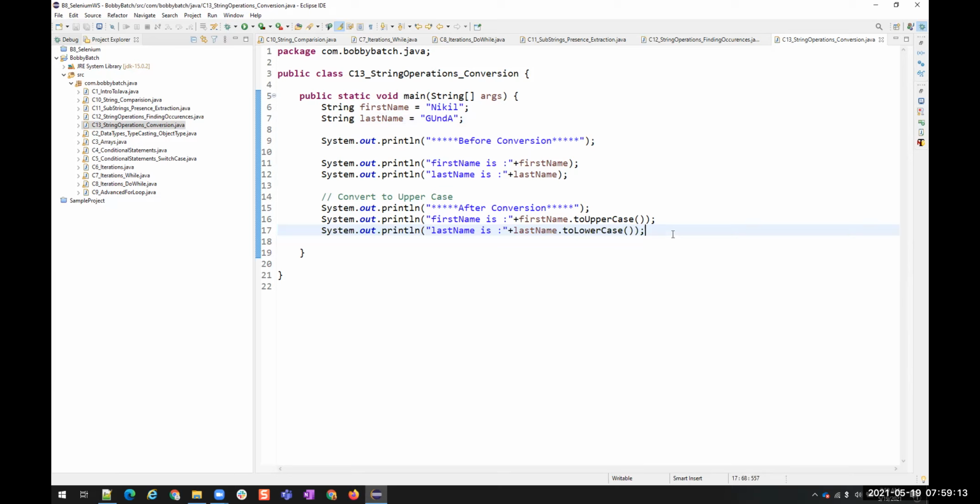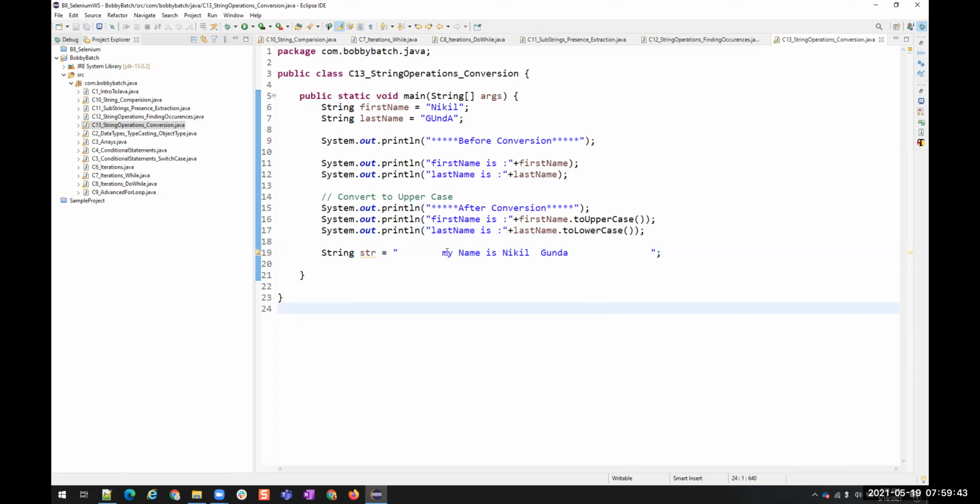Okay. All right. Sometimes we might have a string str like this. You see, I have a lot of spaces in the beginning of my sentence and at the end of my sentence.